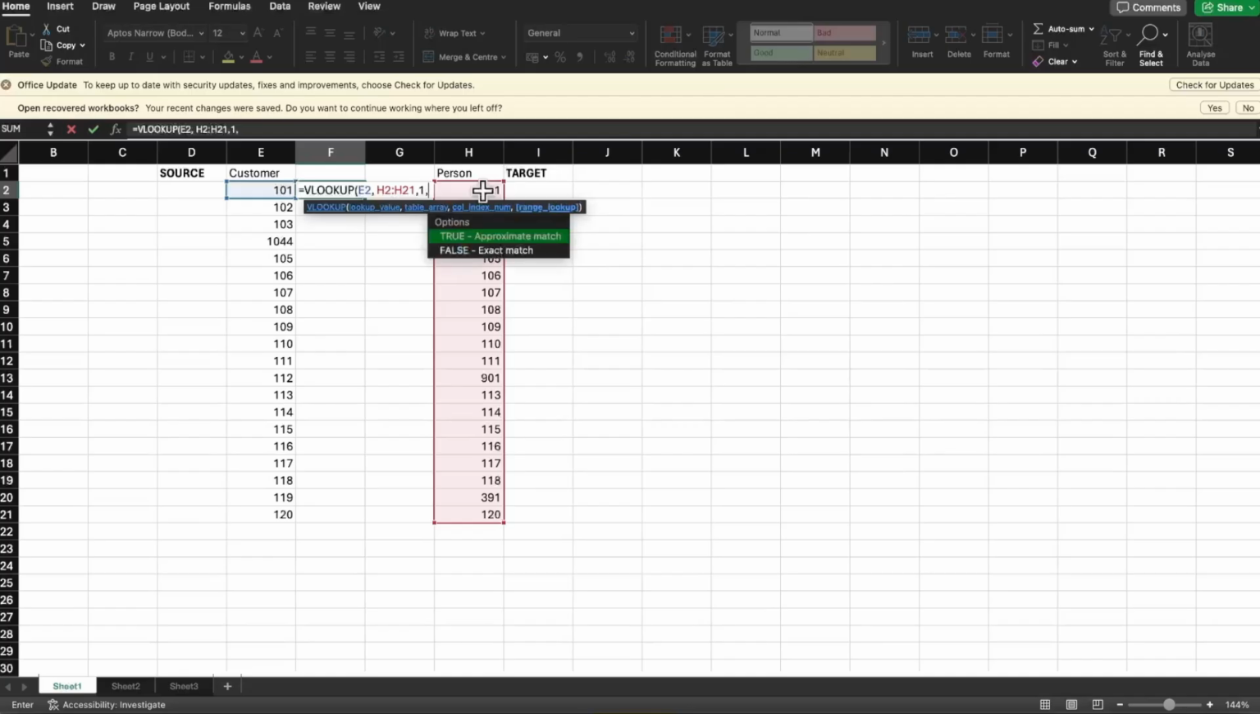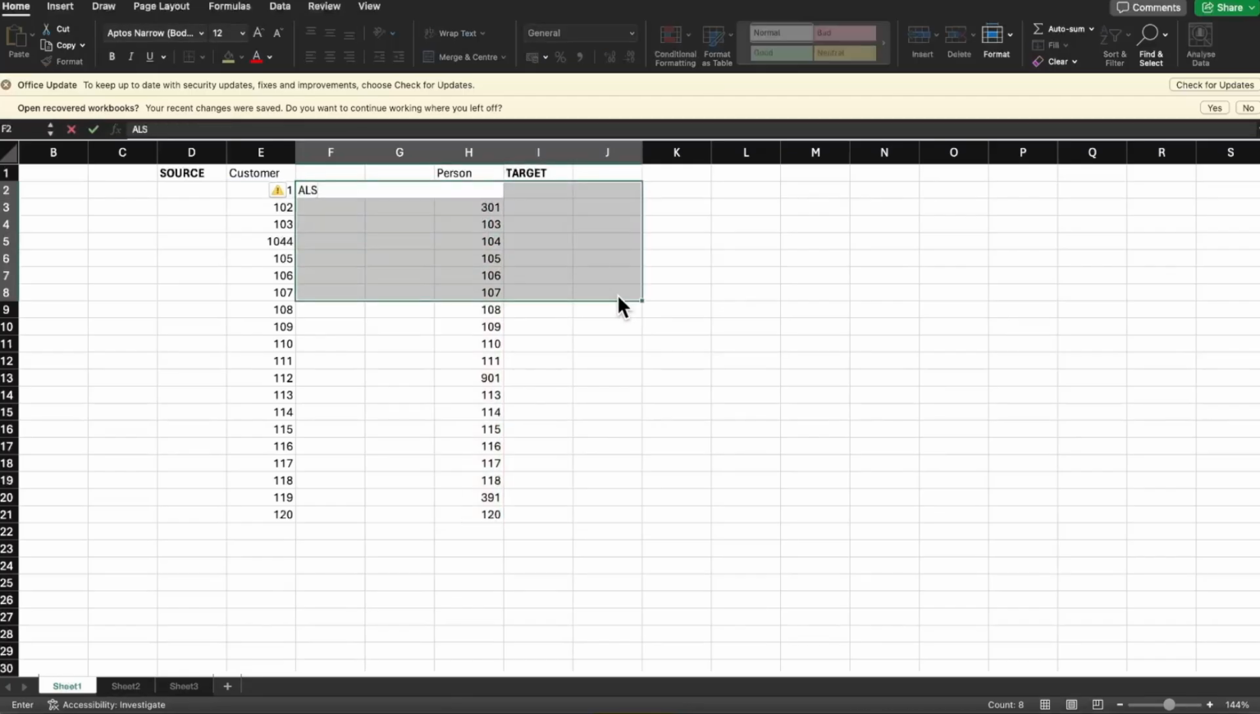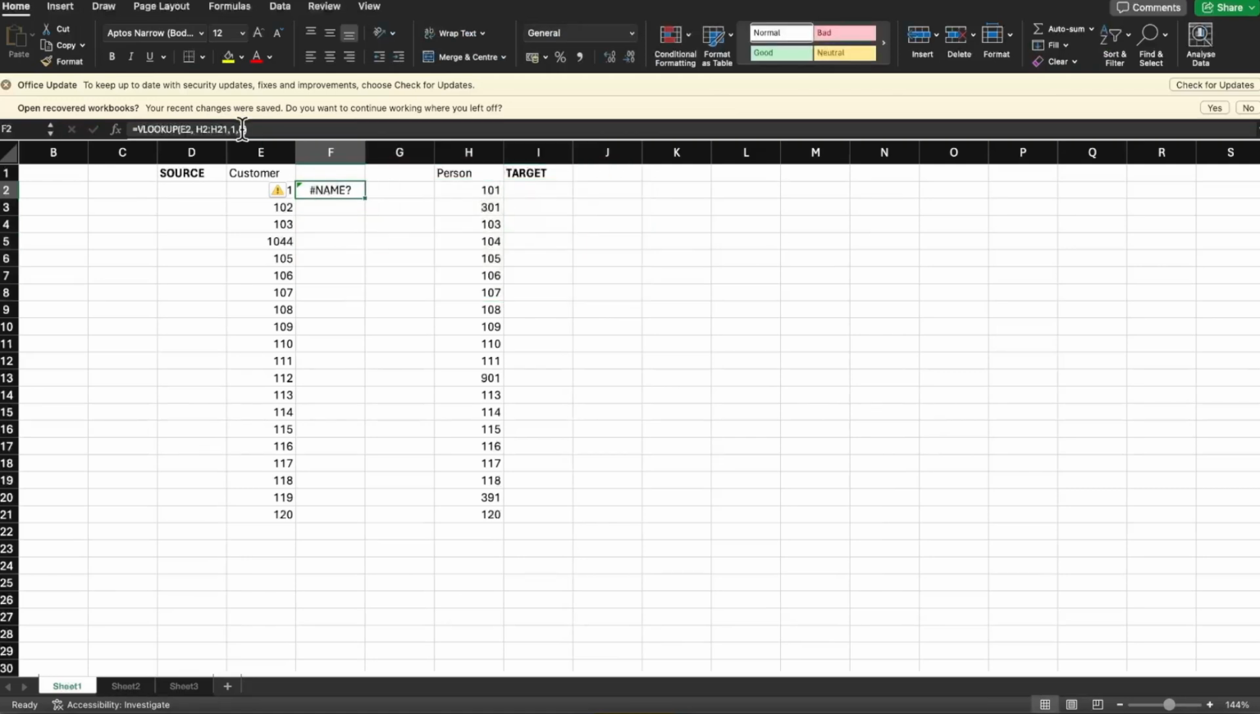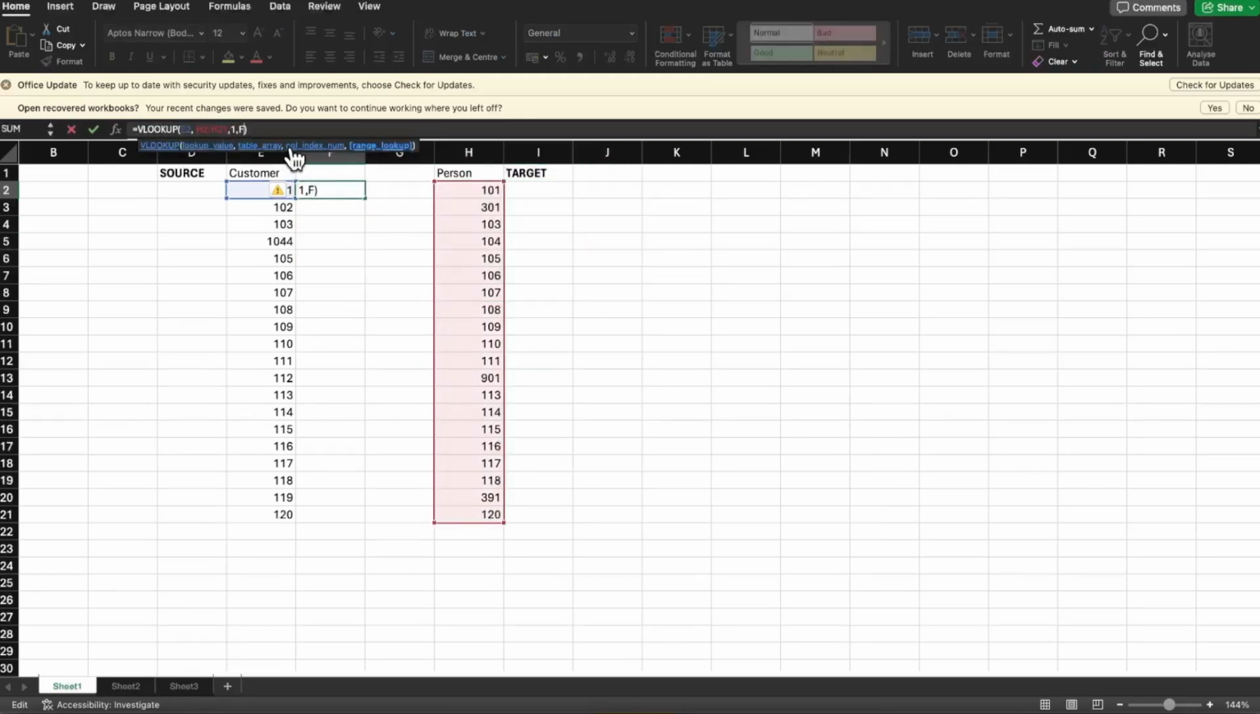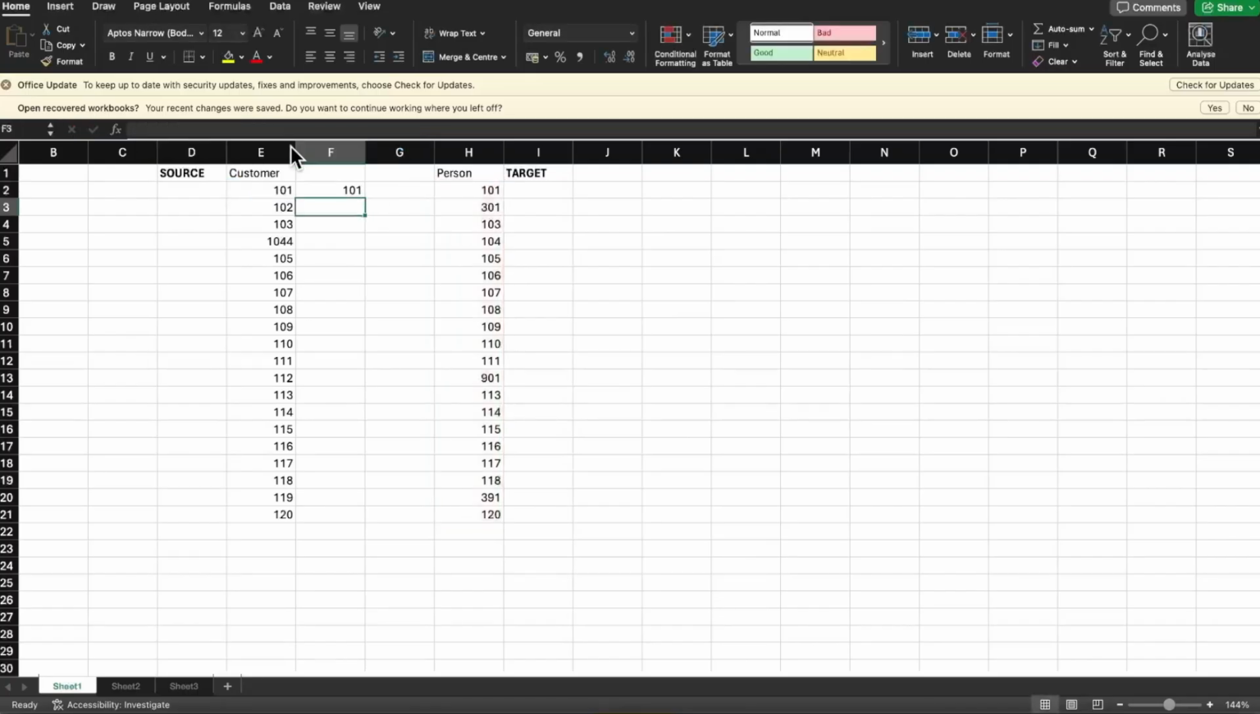Now, true means, it says true, which is approximate match, and false is exact match. And we need false, which is the exact match here. Okay. So what it did, this 101, it found here. Okay. Now if you copy this,